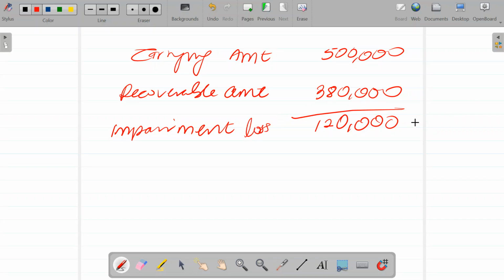Okay. So how do we treat this loss? This loss is an expense. It's a loss to the company. So this figure is recognized in the profit or loss as an impairment loss. Do you get it? But if the asset is carried at a revalued amount, it is an impairment loss